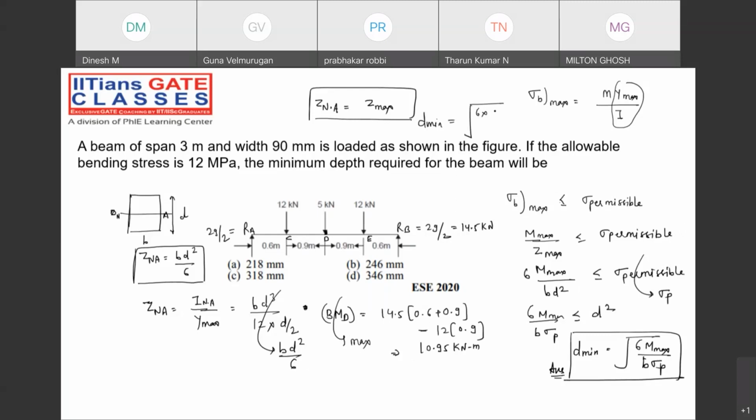What is the M maximum? 10.95 into 1000, that is kilonewton. I am converting into Newton, and 1 meter is 1000 mm. So from here to here, divided by B. What is the B value? 90, and this value is 12. Now if you just calculate,